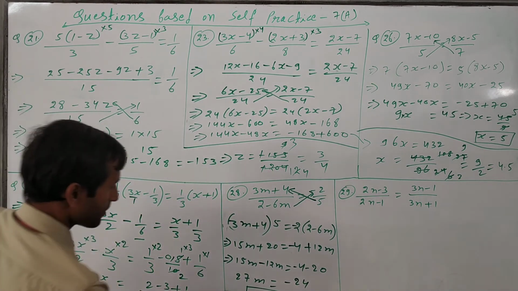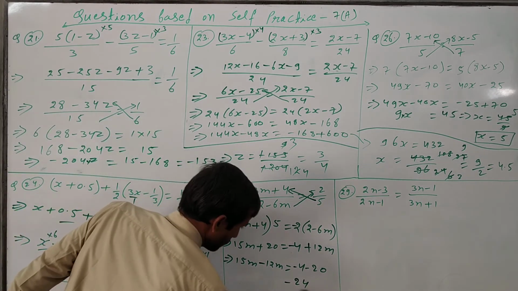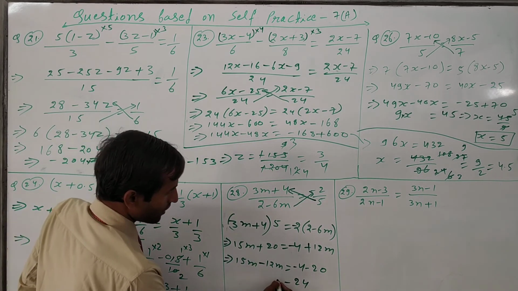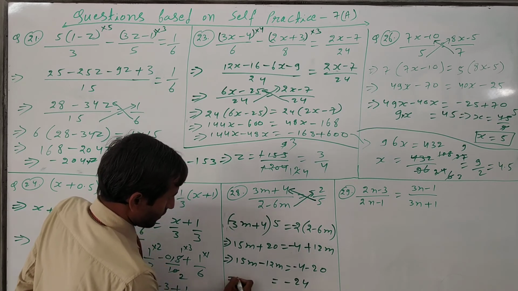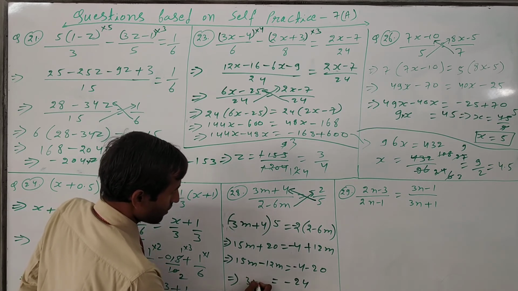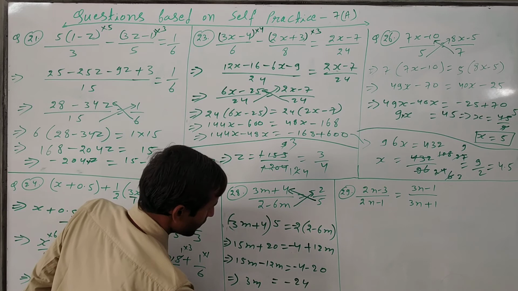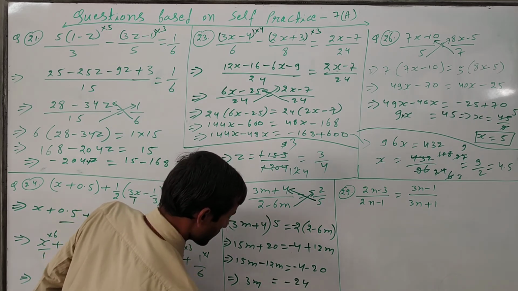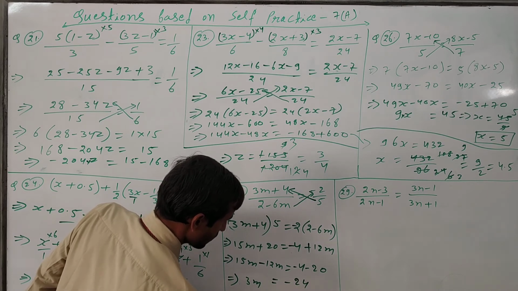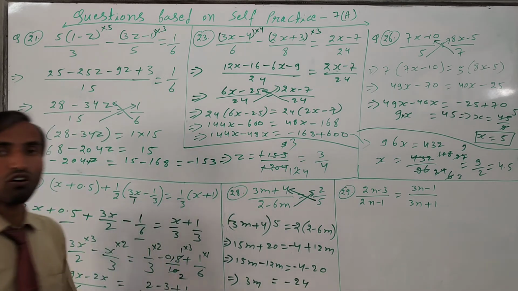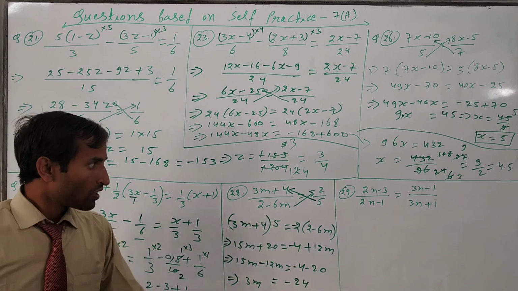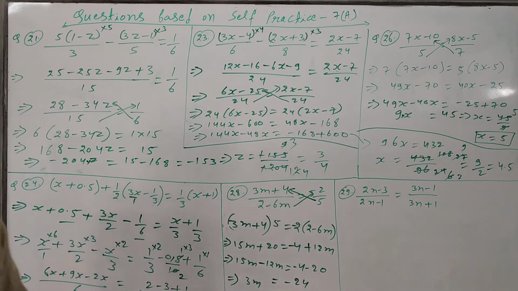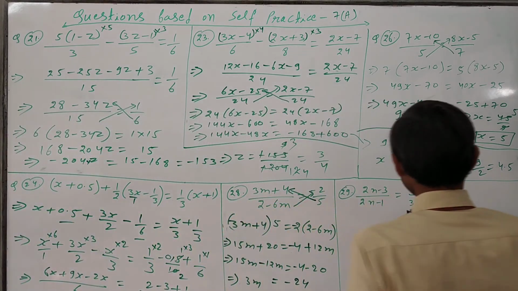After then we will subtract here. So we will subtract here 15 minus 12, then it will come, how much? 3m will come. Now 3m is equal to minus 24 upon 3, then it will come 8, means minus 8. So m is equal to minus 8. This is the correct answer. That one is wrong, whatever I have done previously, that is wrong. Okay, this one is the correct. Because minus 2 is there, that time I forgot. Now I have corrected.